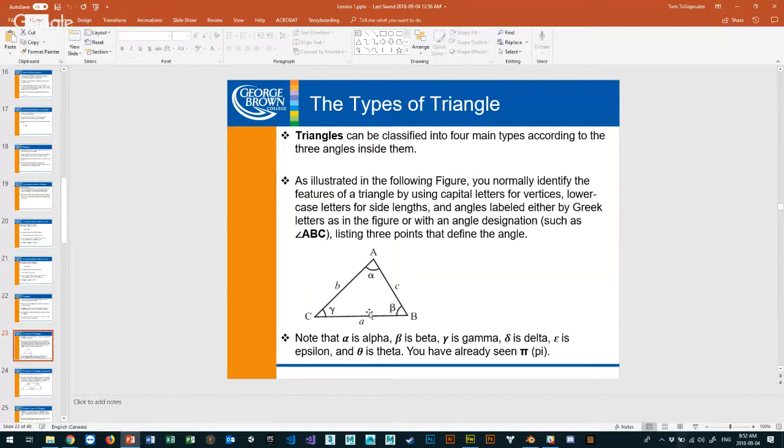So again, simple triangles. We talked about how all interior angles add up to 180 degrees. This is important to understand. That means that if, for example, angle A, lowercase a, is 60, then the other two angles must equate to 120 degrees. 60 plus 120 is equal to 180.